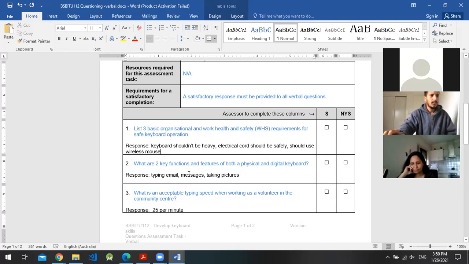And the second one, 2 functions and features of keyboard. You said typing email, typing messages, taking pictures. So that's okay. Like I said, there's no specific answer. There can be a wide range of possibilities. But the main feature of a keyboard is typing, which is okay.